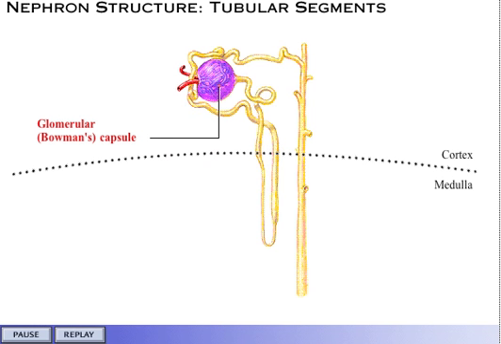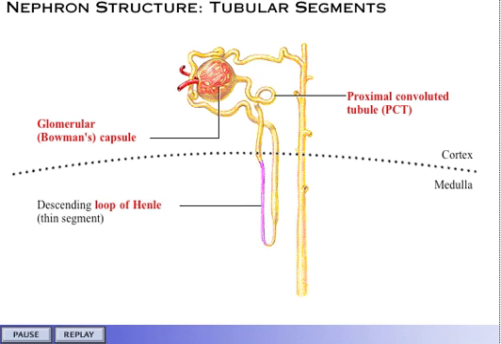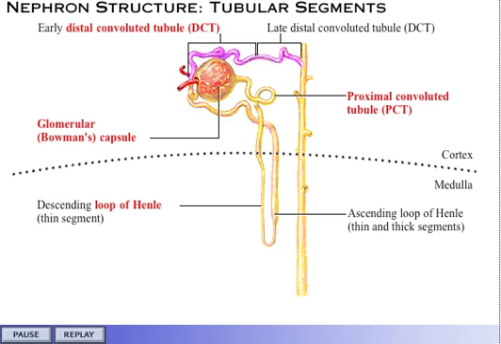Water and solutes pass from the blood into the glomerular capsule and then flow into the proximal convoluted tubule, or PCT. After many loops and convolutions, the tubule straightens out, and fluid flows down the descending, or thin segment of the loop of Henle into the medullary region, and then up the ascending, or thick segment back into the cortical region. From the loop of Henle, the fluid then enters the twists and turns of the early and late distal